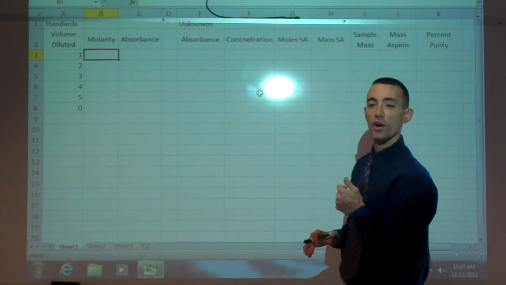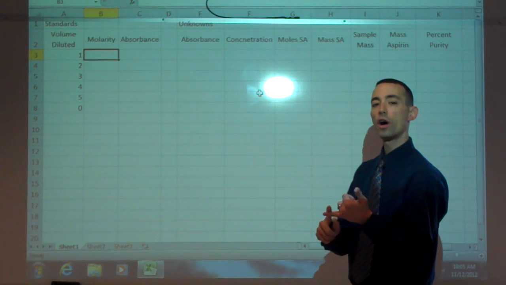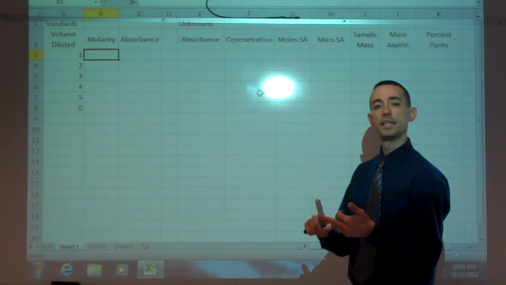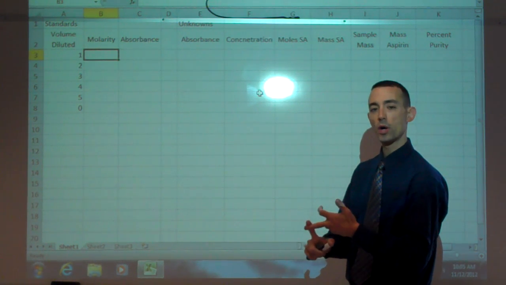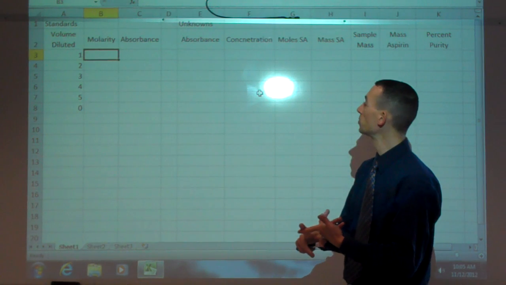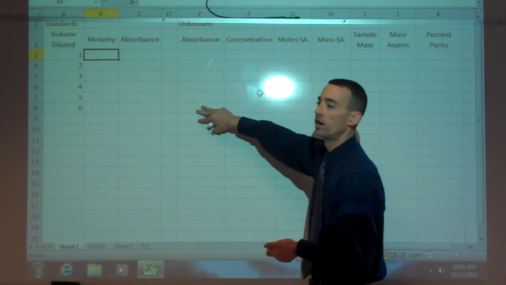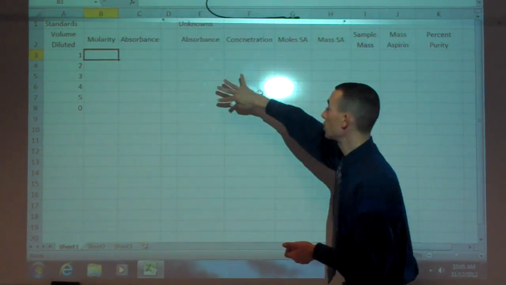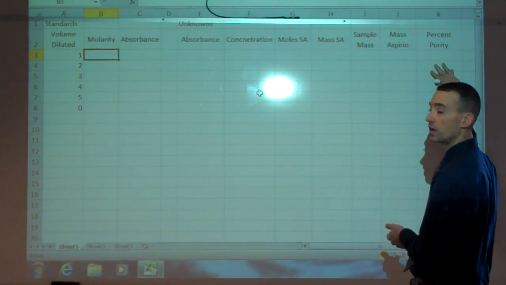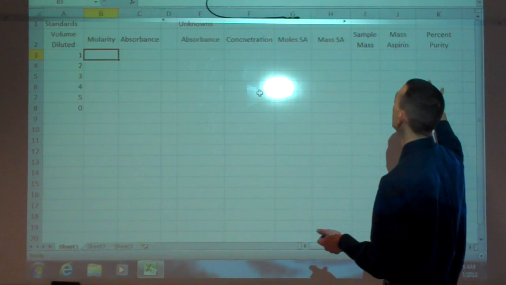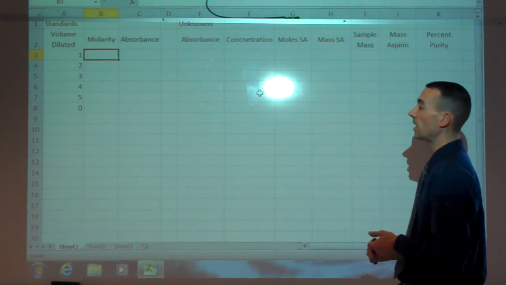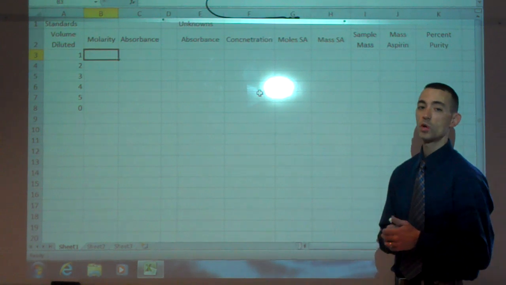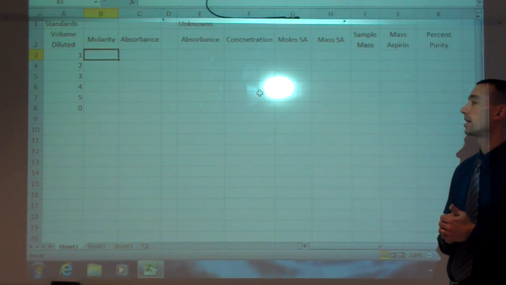And then for your unknowns, which would be your raw aspirin from your experiment, your recrystallized aspirin, and then the samples of commercial store-bought new and old aspirin. Those will be our 4 unknowns that you'll have absorbance values for, and we're going to try to determine purities of all of those. So I've laid out, and this follows the analysis sequence in your laboratory manual, but I think this will be a very quick and efficient way to conduct your